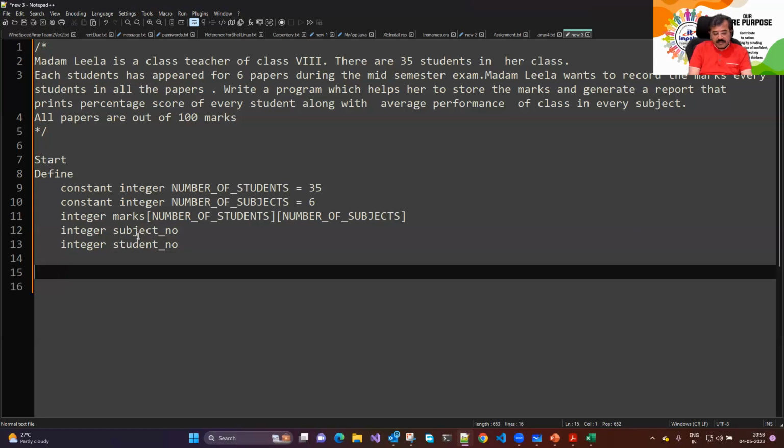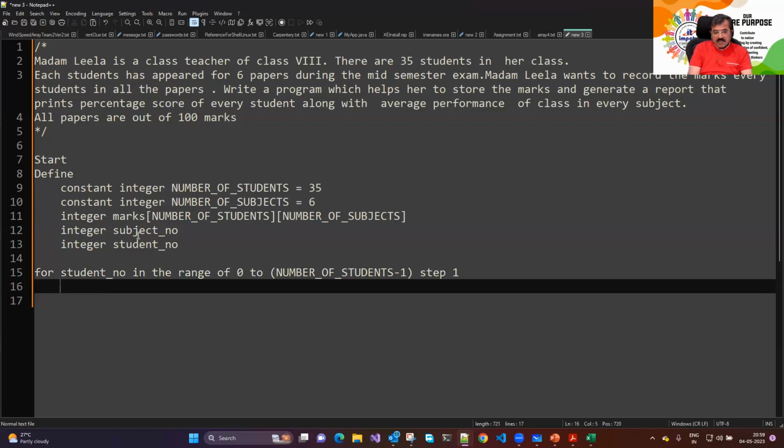So I'll say as a student number in the range of 0 to number of students minus 1. So आपका 0th row will represent the first one. That's right. अब मुझे पहले स्टूडेंट के मार्क्स एक्सेप्ट करना है, तो ऐसे